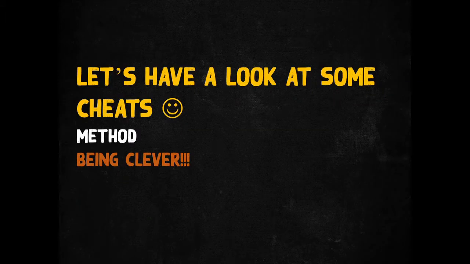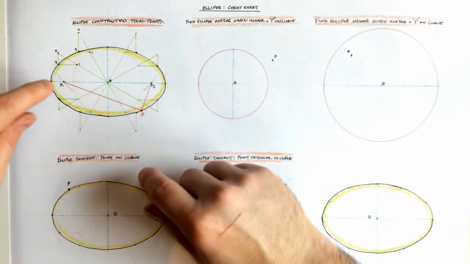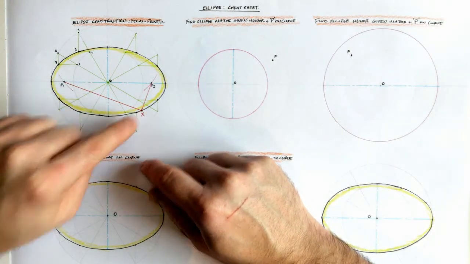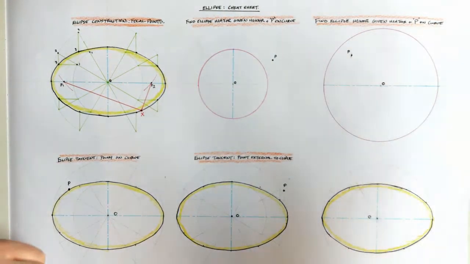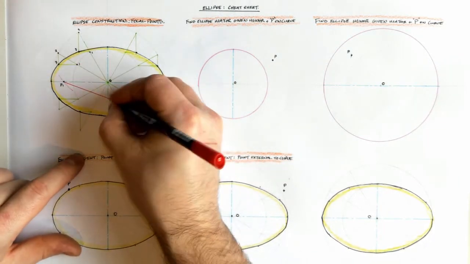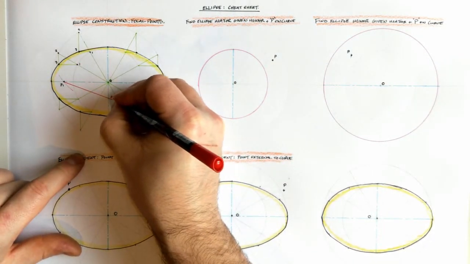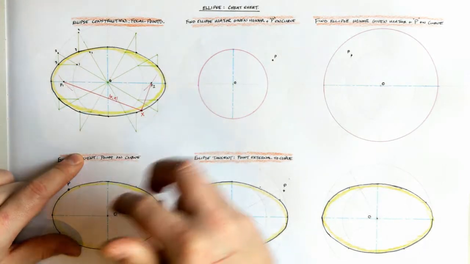Now let's have a look at some cheats. Okay, let's do it. If I connect point F1 to X and point F2 to X, then what we can establish here is that if I measure the length of this line from F1 to X, and I write F1X with 2 long lines around it,